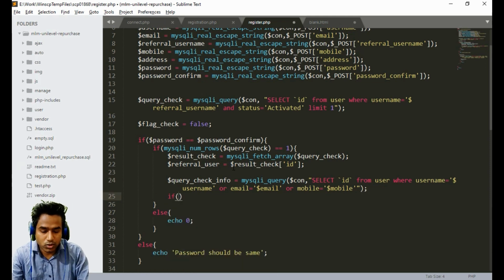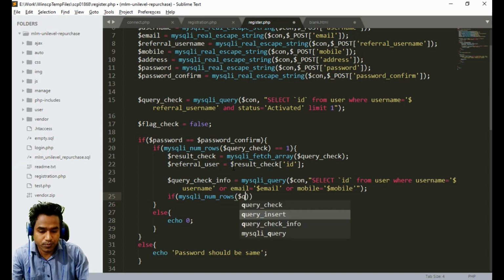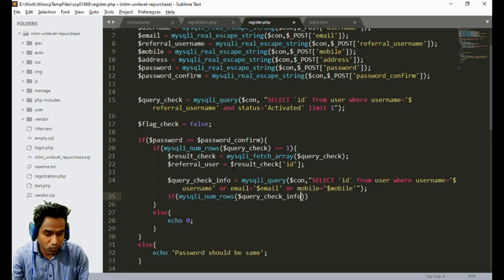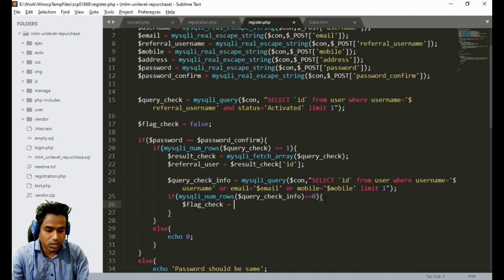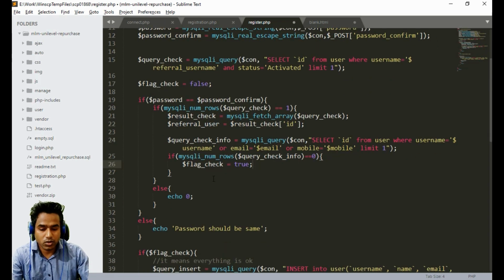If everything is okay, it means if MySQLi num rows of query check info is equal to 0, it should be 0, and we also put here limit 1. If it is 0, it means everything is finally okay. Then we set flag check equal to true, it means everything is okay.